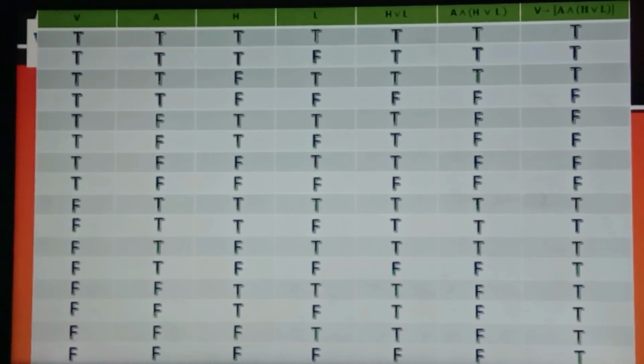As a result, out of 16, how many false results do we have? We have 5 out of 16, and for true results, we have 11 out of 16. So that means that the statement involving signing up for being a volunteer